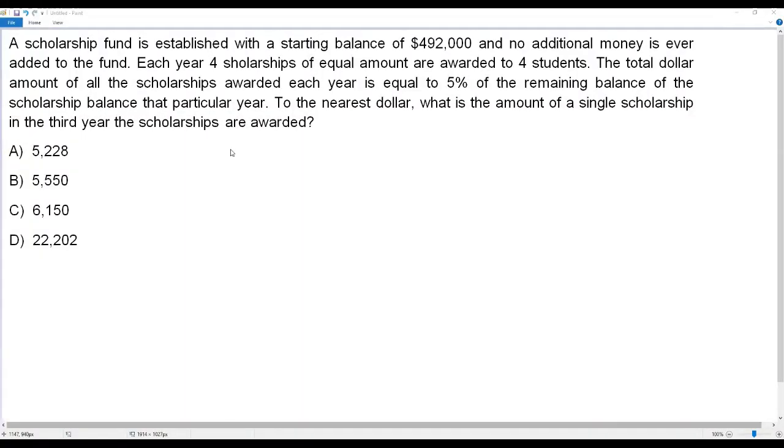Here we have a SAT math question. Okay, let's go with the information. A scholarship fund is established with a starting balance of $492,000 and no additional money is ever added to the